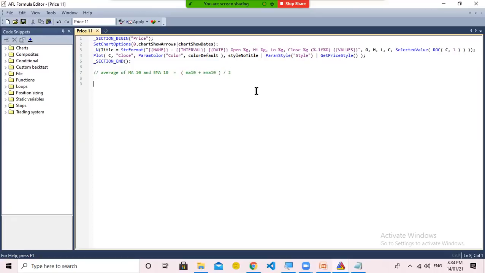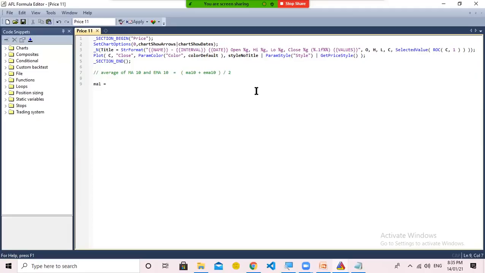Right? So what I do here is I define a variable. A variable can be anything which starts with an alphabet. So let's say I define a variable called MA1. You can use anything, ABC1, ABC, AB, only A, whatever it is, it should start with an alphabet only. This is a user-defined variable. So to understand it correctly, I give it the name MA1, equals to, and what I want to define here is the moving average of 10.